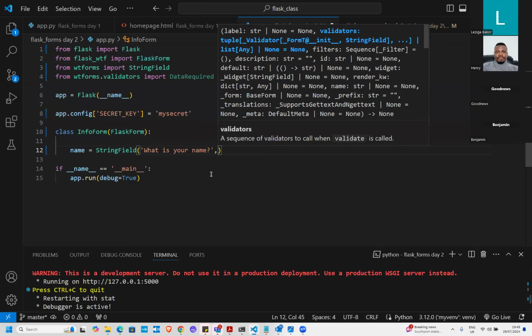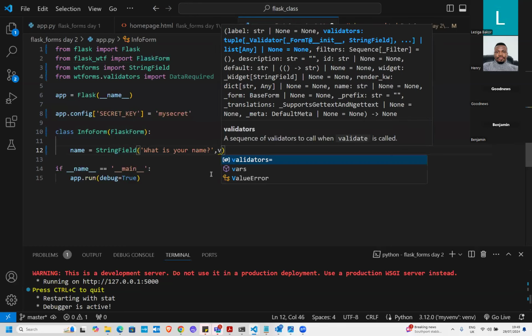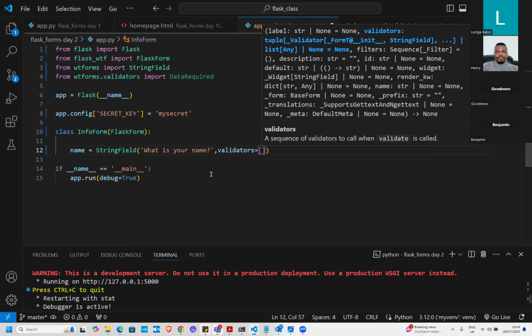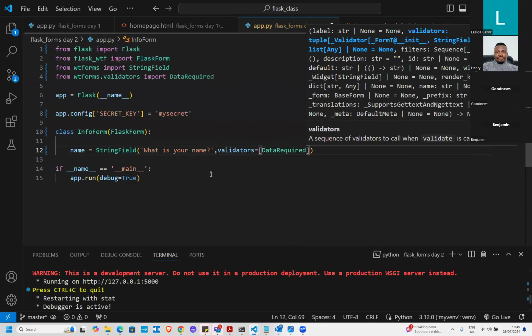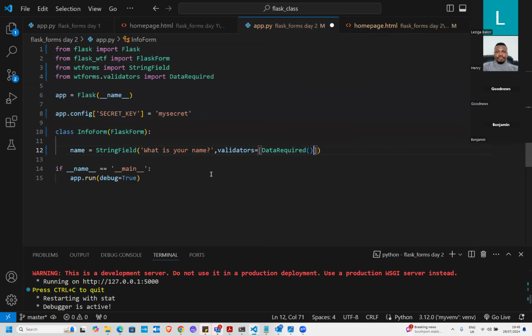And in addition, we'll give it some validators. Validators is a list. Okay, so we'll put in the validator data required with open brackets. That is the only validator we need at this point. So the list contains one element. The next field we want to explore is